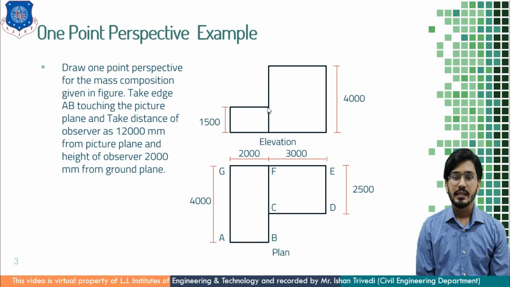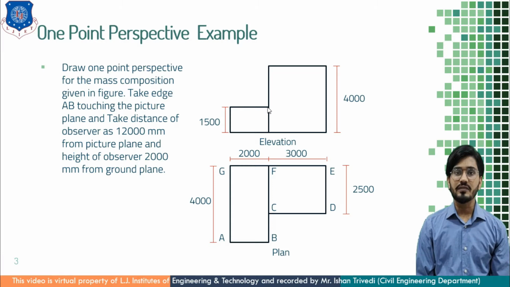A, B, D, E, G: these points have two references, as I said, A1, A2, B1, B2, D1, D2, E1, E2, G1, G2. But the points C and F have 3 reference points. Here I will explain the 3 reference points of the C point, so this will be understood easily.